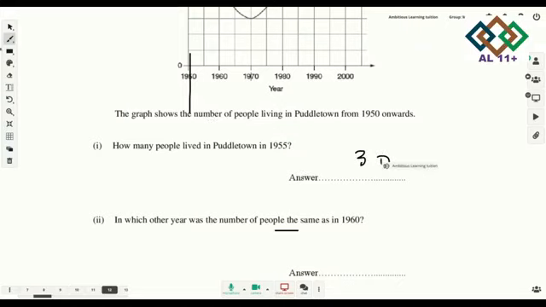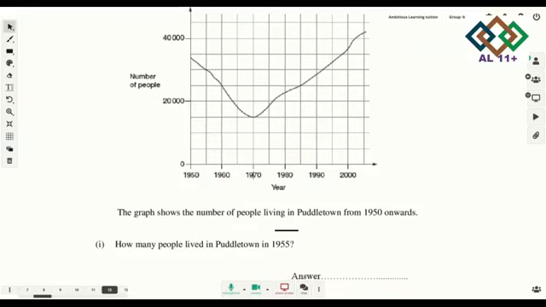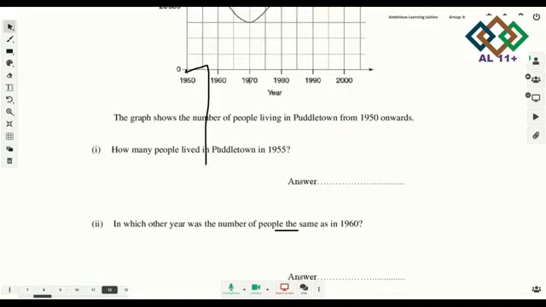And then they're asking what's the population in 1955, which is an easy one. You will find it this way. It goes all the way here to 3000. That is 3000 for that one, number one. And the next one, what they're finding is